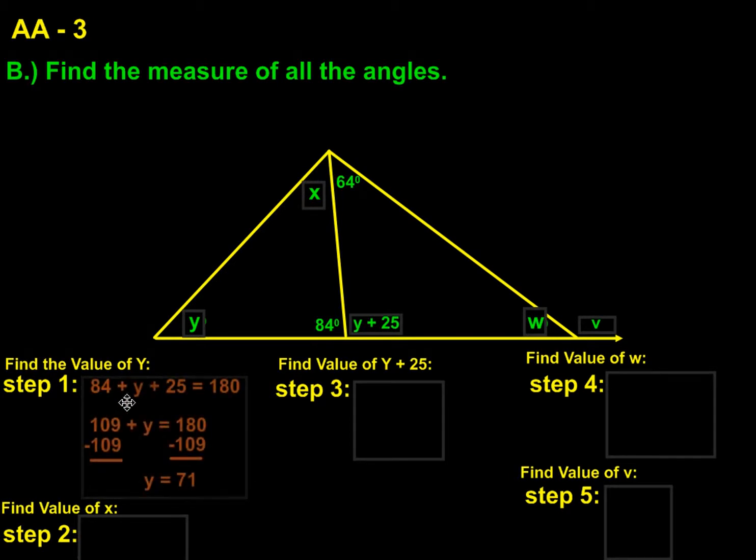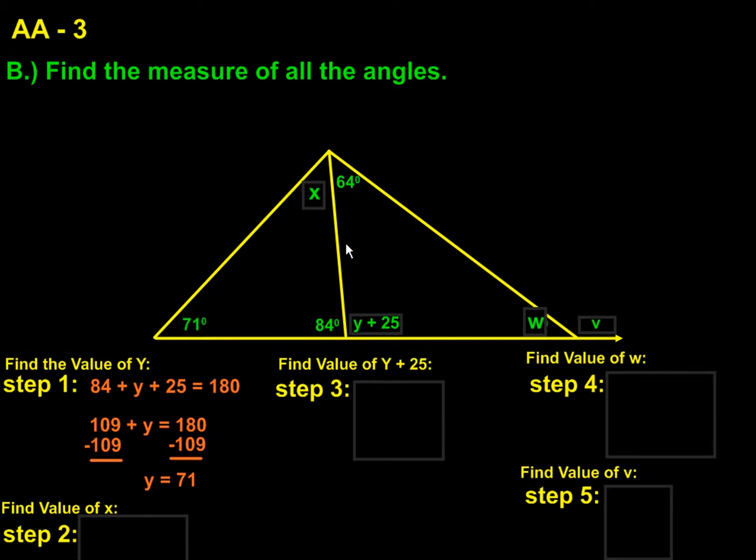So I have 84 plus y plus 25 equals 180. I combine like terms, so 84 and 25 combine for 109. y comes down and 180 comes down. I then subtract 109 from both sides, which is going to give me y equals 71. And I can go ahead and plug that in. I now have a value for y,